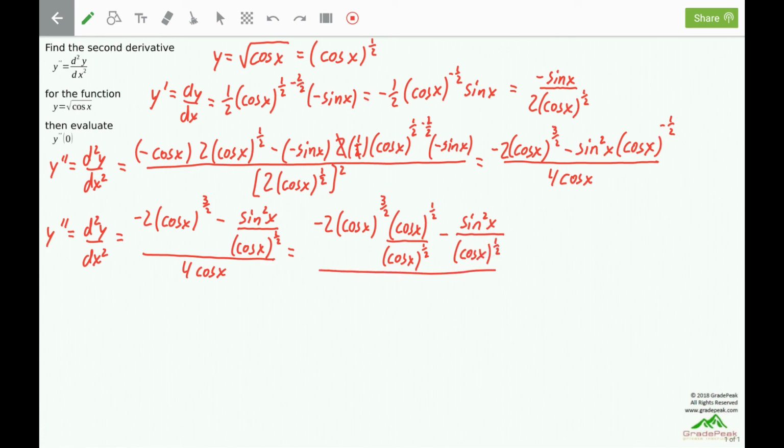And the entire thing is still over the denominator of 4 cosine of x. For this first term fraction, all this is multiplying, and therefore I will have a -2, but then these cosine terms, I can add those exponents. Like base, add the exponents. 3/2 plus 1/2, which is 4/2 or 2. So I have a -2 cosine squared of x minus a sine squared of x